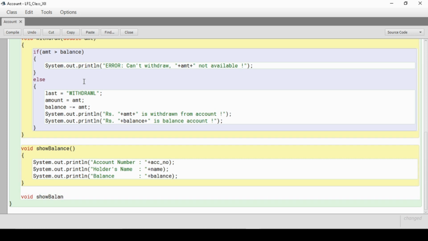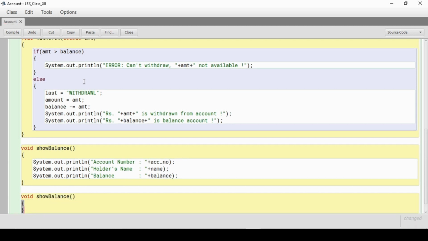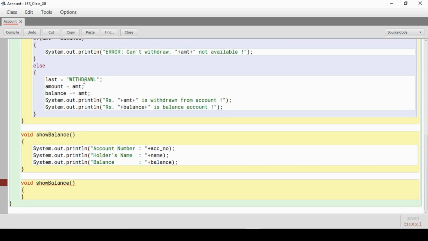But the problem is I cannot simply have two methods with the same name in the class. Here I have to change the signature of these two methods, and I told you in the theoretical part in the last lecture.